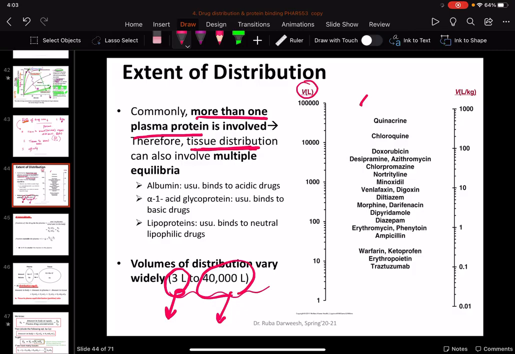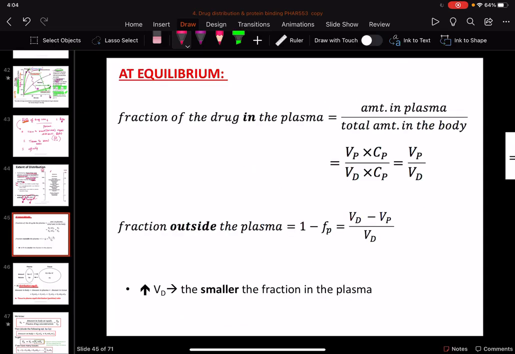If we have different tissue distribution, then we have multiple equilibrium. So until now, we are talking about the distribution as affected by only albumin binding or just distribution to the brain. But in real cases, we have many factors that we need to take into consideration, and maybe the drug itself binds to multiple plasma proteins at the same time with different percentages, and we need to take all that into consideration. Okay, at equilibrium, and again at distribution equilibrium, which is very important as a point,